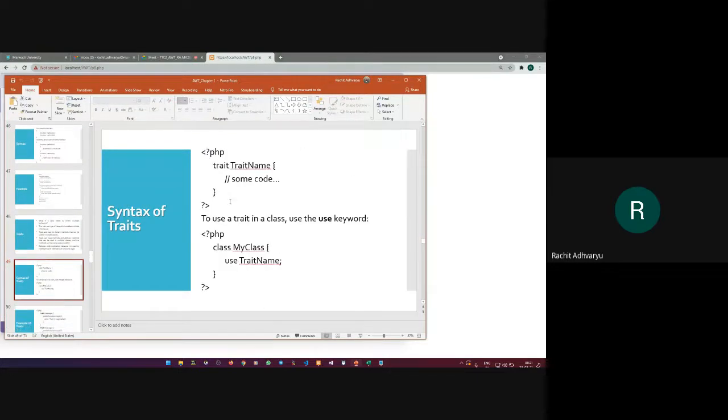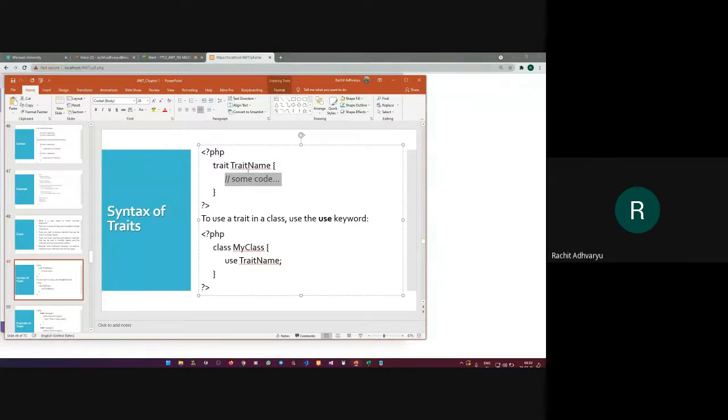You can see, we declare a trait with the trait keyword and a trait name, and we provide some code. These traits have some implementation. As compared to an interface, which does not have any implementation, traits have some implementation.